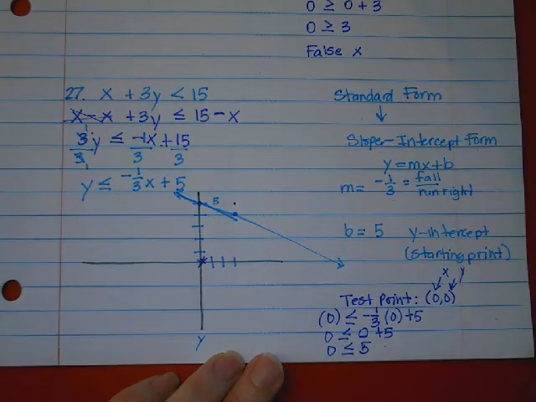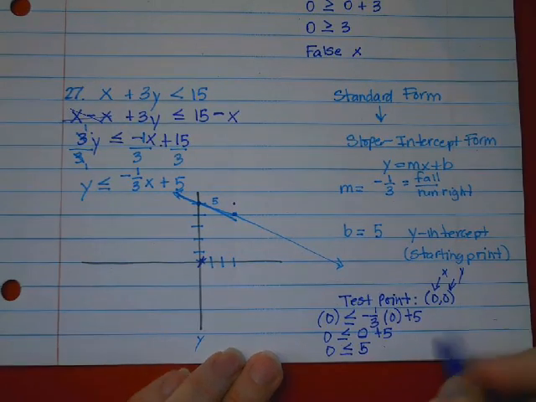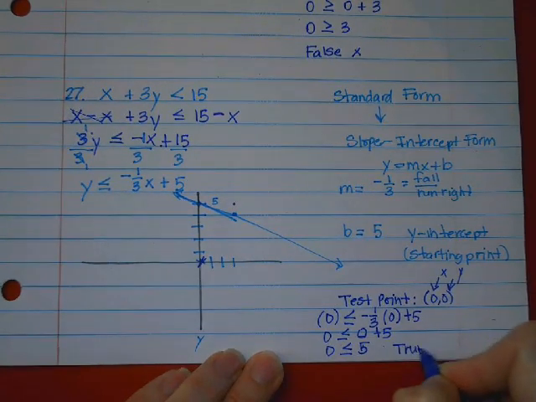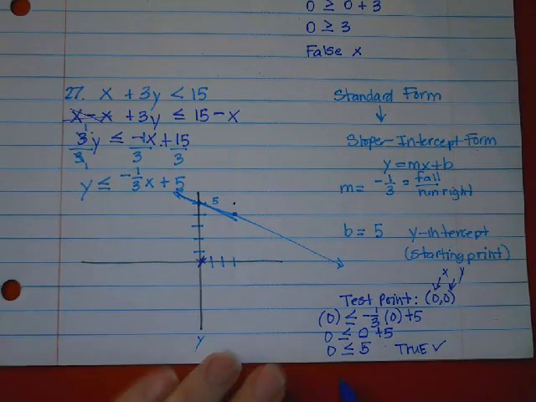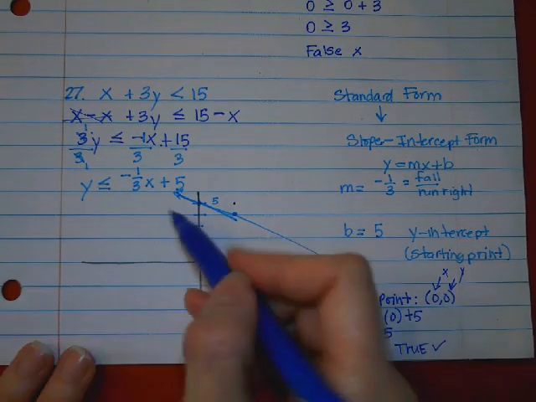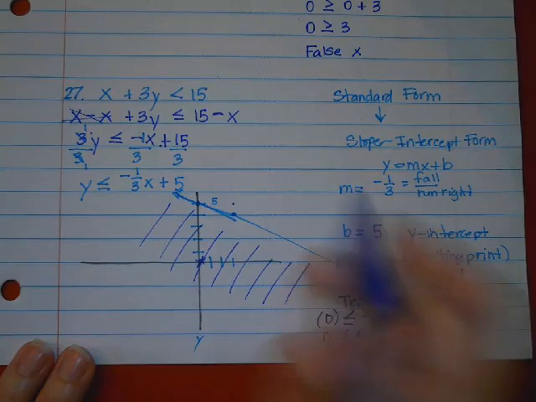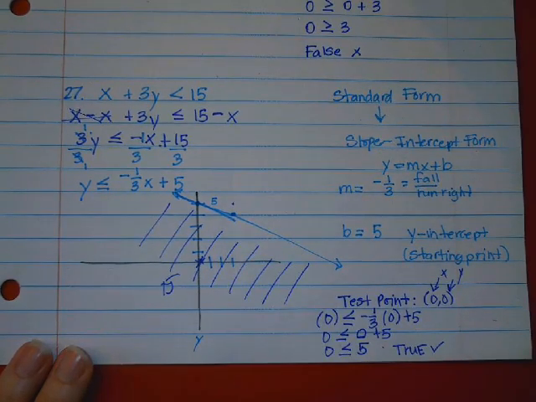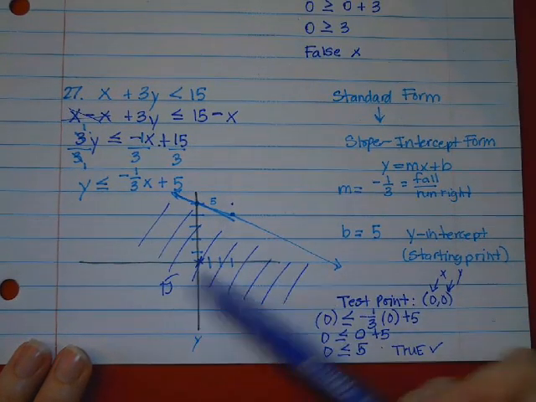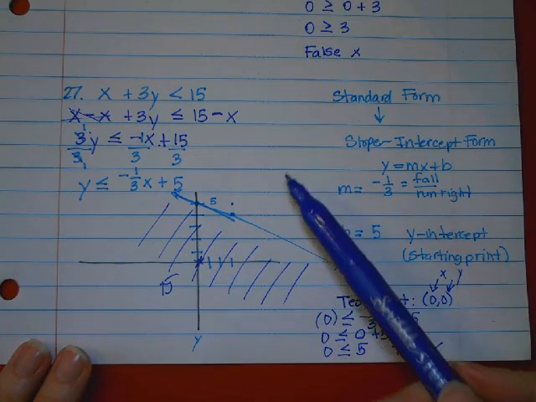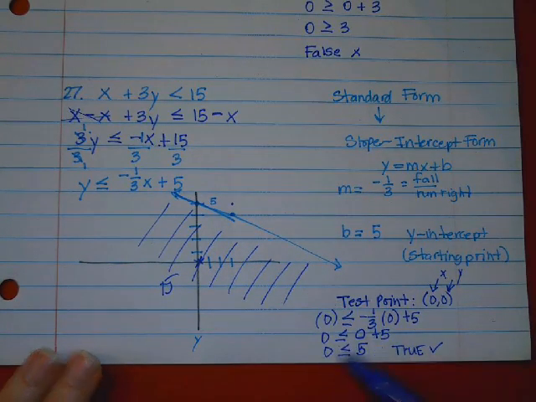So now I got to ask myself, is 0 less than or equal to 5? What do you think, Amaya? You're right, it's true. 0 is less than 5. So as long as it meets one of the qualifications, it could be true. So we would shade on the side of our 0, 0, or drop our paint bucket over here on this side. So again, one side will always be true and one side will be false. It all depends upon whether or not your inequality that you create with your test point proves to be true or false. All right, so now we're going to move back to page